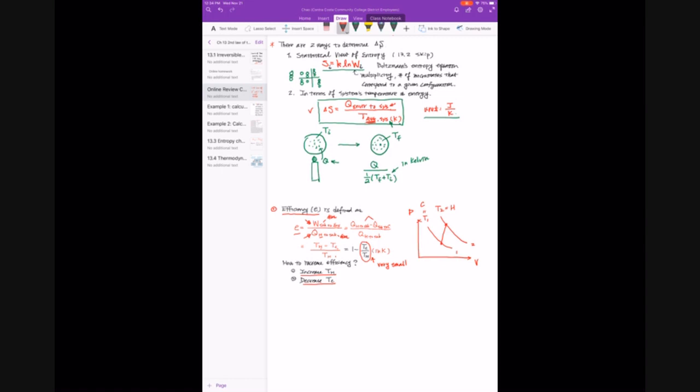Efficiency, the important thing that you have to be careful with is the Q. The Q, you only use the positive and is from the environment to the system. So if you heat up the gas, that is the heat that you're going to use. If the system gives out heat, that is negative, don't use that. I wish you understand what I did for the review, and if you have